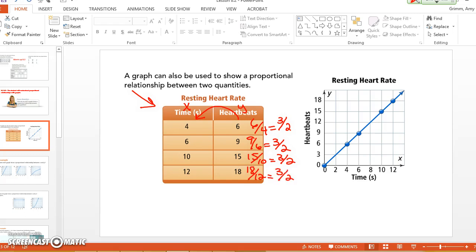3 over 2. Okay. Now, we're going to keep it in fraction form. Again, you're not always going to understand why I'm doing this, but it will click at some point. You'll be like, oh, that's why she did it. Okay, now, then what they did is they showed you a